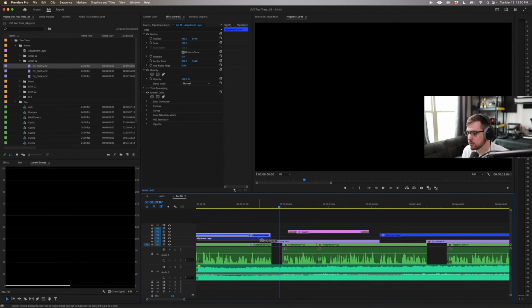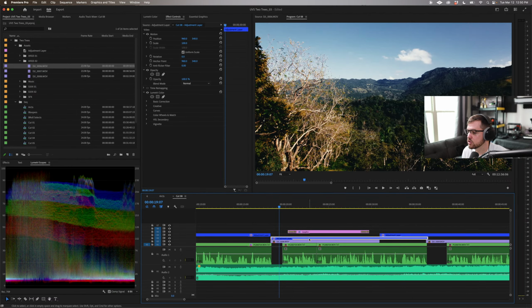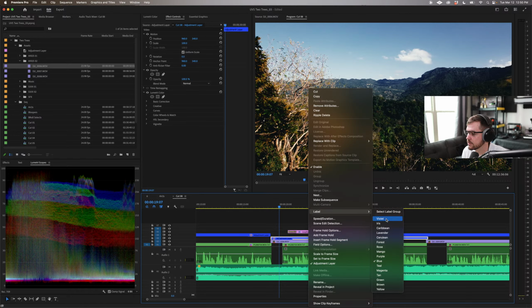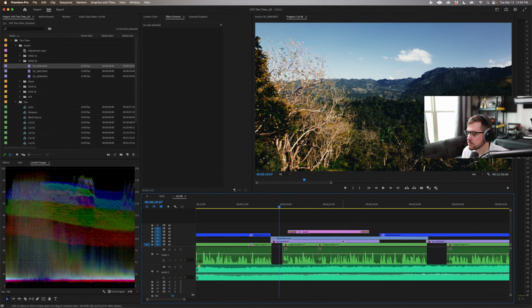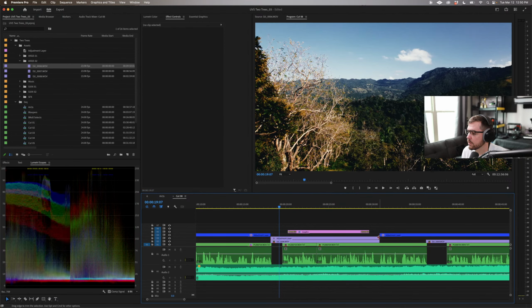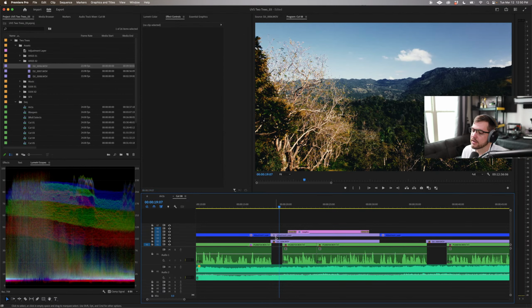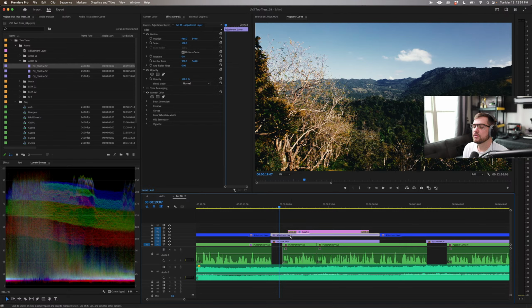I'm going to hold Option on my keyboard and drag. Holding Option creates a duplicate. And so now I have the exact same thing duplicated. I'm going to label it Iris. Is it Iris? No, sorry. It's Violet. I'm going to label it the same color as the drone clip so that I recognize that they go together. That just works for me. And because this V4 track is where I'm doing adjustment layers, I'm aware that it's not a clip. And so basically the reason I've done this is now anywhere there's a drone shot, I'm able to just drag this adjustment layer, which would be my universal